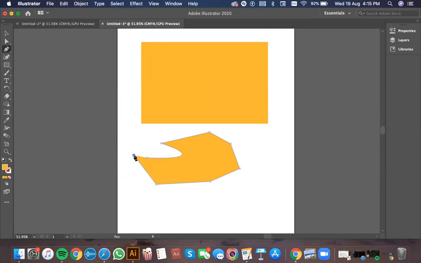Pen tool is mostly used in tracing other objects. For example, if you're making someone's portrait on Illustrator, then you're going to use the pen tool. For example ये picture है इधर, and you're just outlining the eyebrows. So we will just start outlining like this. अभी तो color fill हो रहा है because I've used the color fill in the box, that's why. Otherwise, this is just how you can